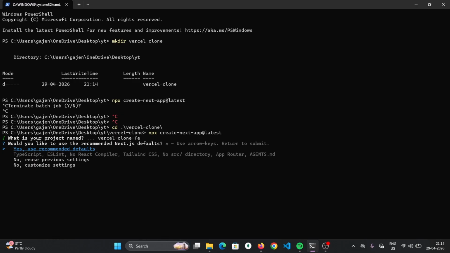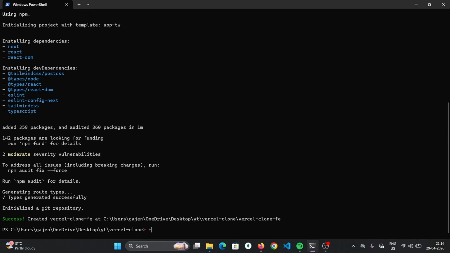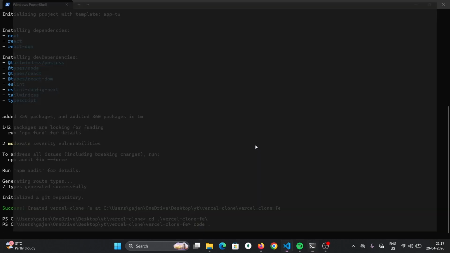Yes, use recommended default settings. So it will install, it will take some time. Next.js is installed. Let's go to the front end folder. Let's open it in our Visual Studio Code or VS Code